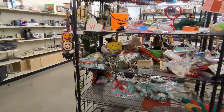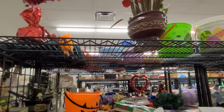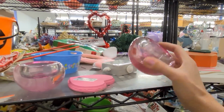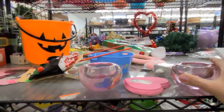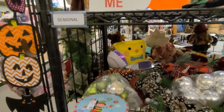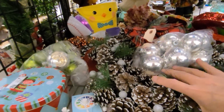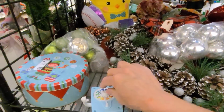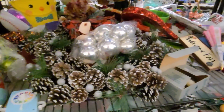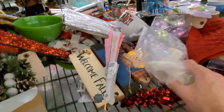Right here opposite the testing station is the seasonal aisle, where they have all sorts of Christmassy bits, some Halloween, Easter. There's another pair of those pink candle holders, the flash ones we saw on the other side there. I'll have to go put those with their friends in a minute. Some vintage Christmas balls in silver. This looks to be part of a game, a board game. Pinecone wreath,